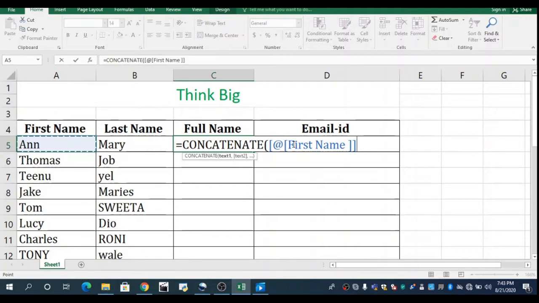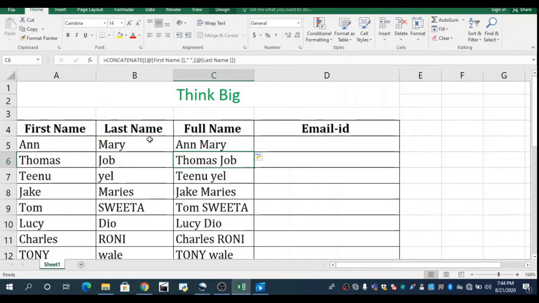Now when we write a name, we need a space between first name and the second name. So whatever we write in an equation in Excel, we need to write it in double quotes. So put a comma, double quotes, we are writing the space in double quotes, put a comma, then the next one is the last name. Close the bracket, press enter, you can get the name.